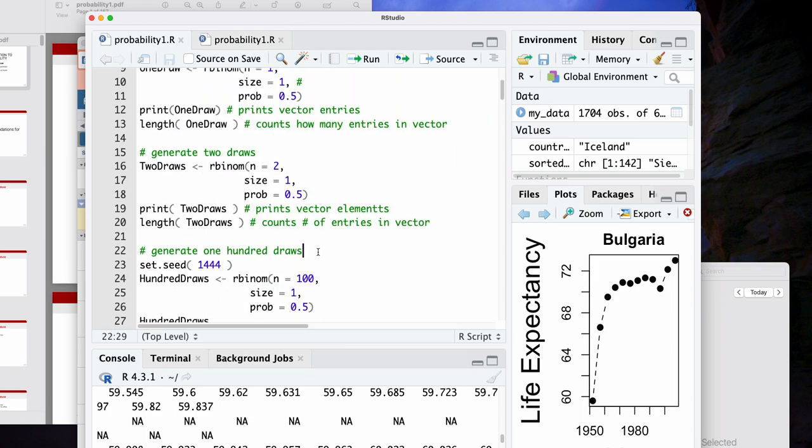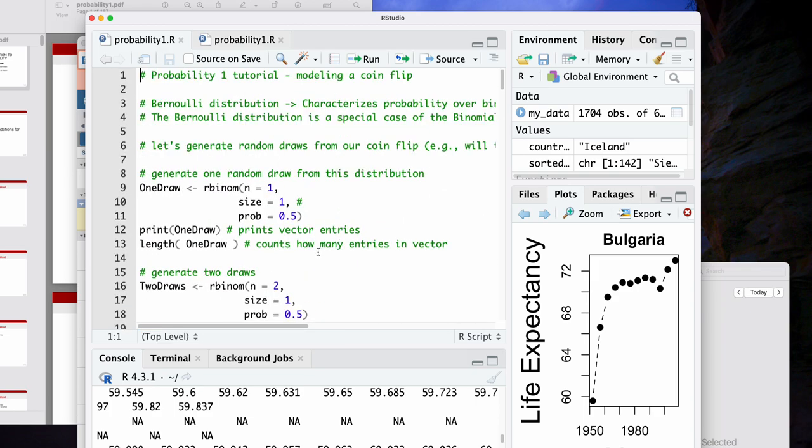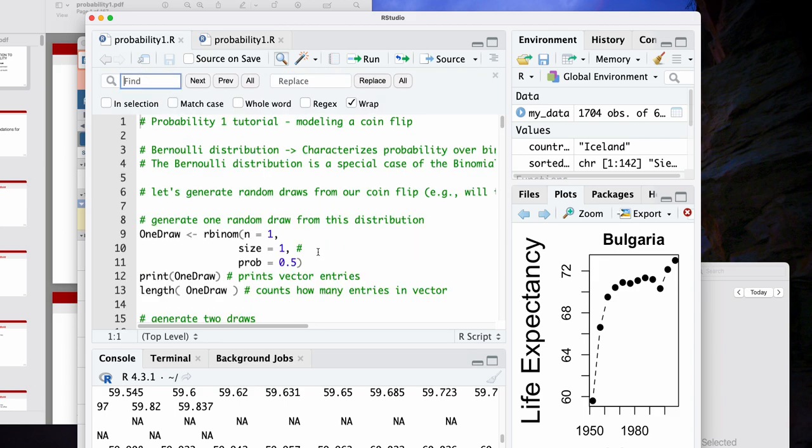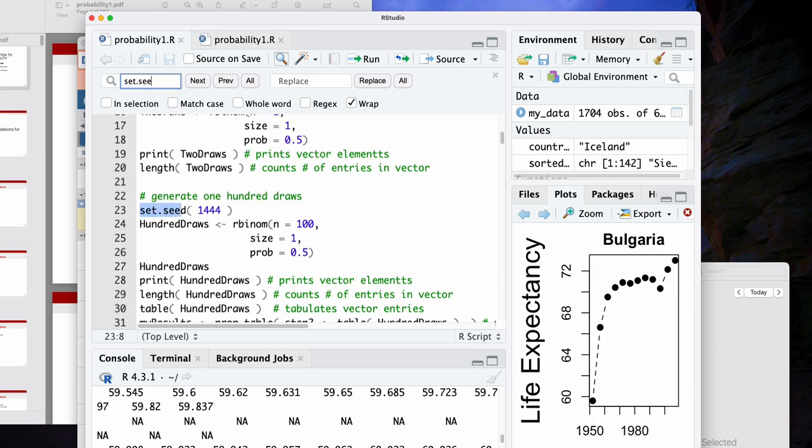Yeah, good question. So, where is it? So one way in R, people might know this, to find code that has a certain phrase in it, it's just like within Mozilla. You do Control F, and then you can search just like if you were in a website. So I'm going to search for set.seed, and that'll bring me to where the seed code is. So that's just a little bit of working with RStudio.